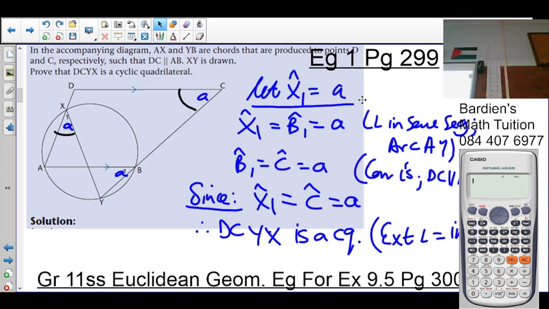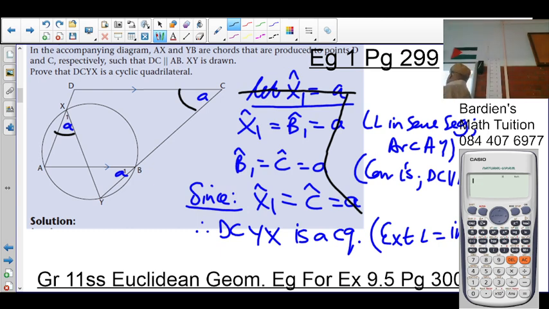Okay. In that, the reason I never mentioned the cyclic quad. Will you guys understand? And yesterday I also indicated that if you didn't want to work with an A, introducing a new variable, then that would have been left out, and this here would have been out wherever you see the A. Then you would have just said angle x1 is equal to angle B1, angles in the same segment, angle B1 is equal to angle C, corresponding angles with BC being parallel to AB, and then you can conclude, since x1 is equal to angle C, therefore